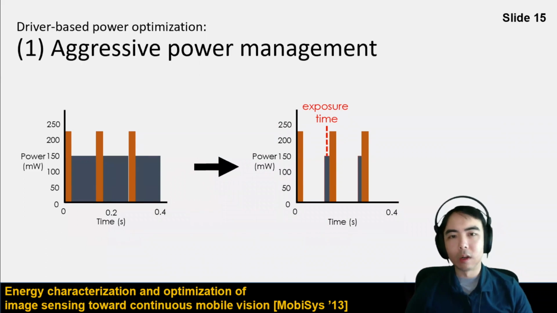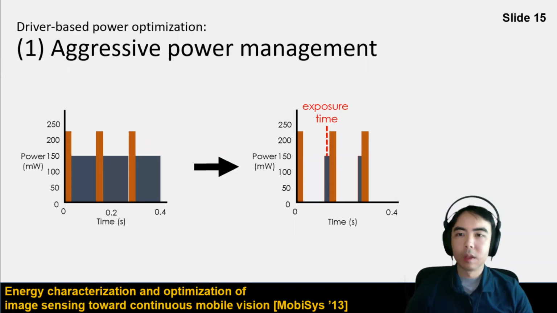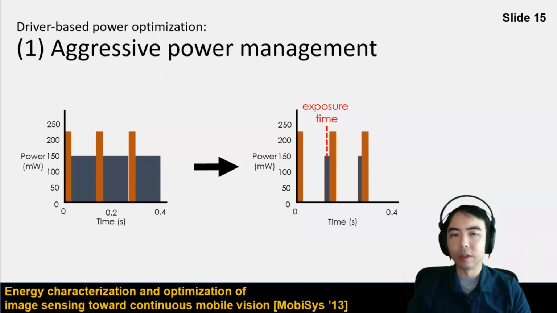The sensor hardware gives you a standby mode, which is often used for preparing your camera to take a snapshot. So if your driver exploits that standby mode on this duty cycle, you can put your camera in an ultra low power standby mode until you're ready to capture the next frame. If your driver manages that control, which it is well capable of doing, you're able to discard all of that idle power, so you can save a lot of energy per frame. Now there's a caveat here.